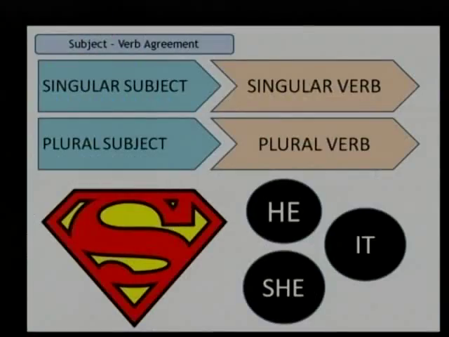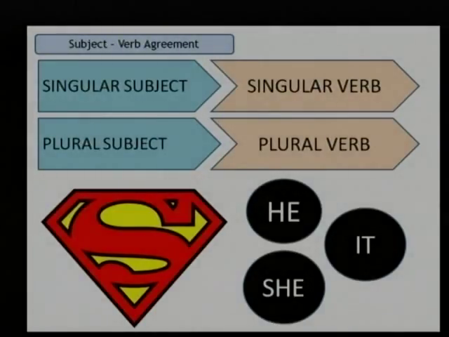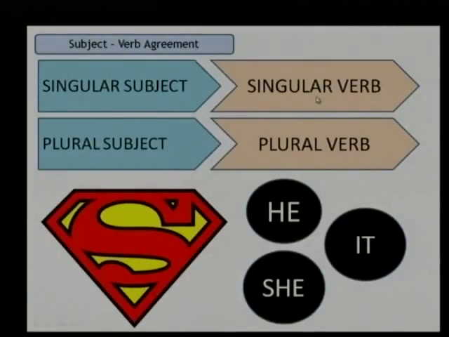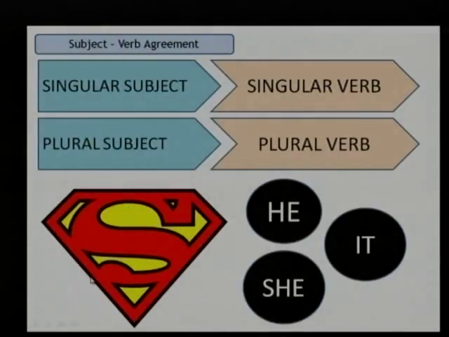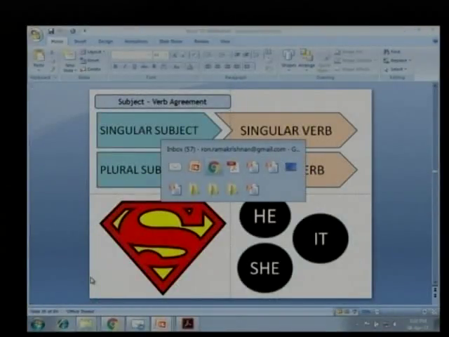So in the earlier session we were talking about what subject-verb agreement is. So let's have a quick recap and then I'm going to explain what subject-verb agreement is and why it is important. So the rule says if you have a singular subject, your verb should be a singular form. If your subject is plural, then your verb should carry a plural form. So the Superman rule says if you have he, she, it, then you need to add the s at the end of the verb. To give you certain examples,